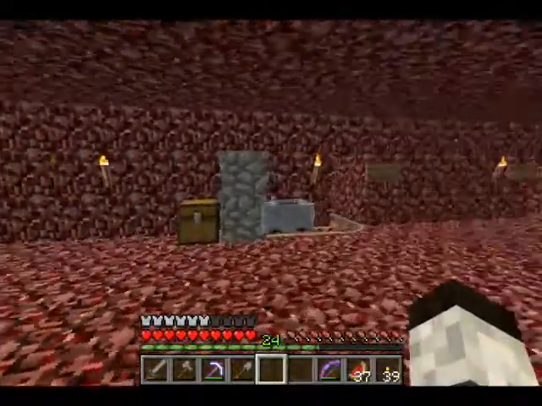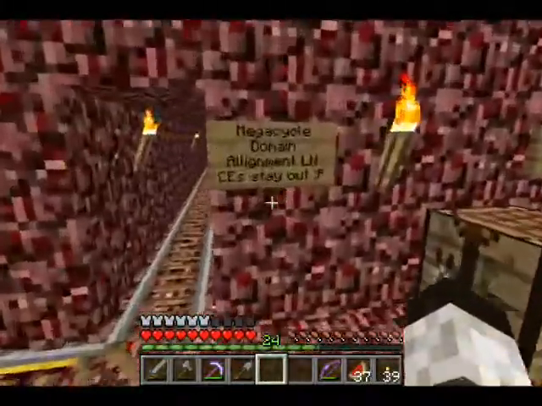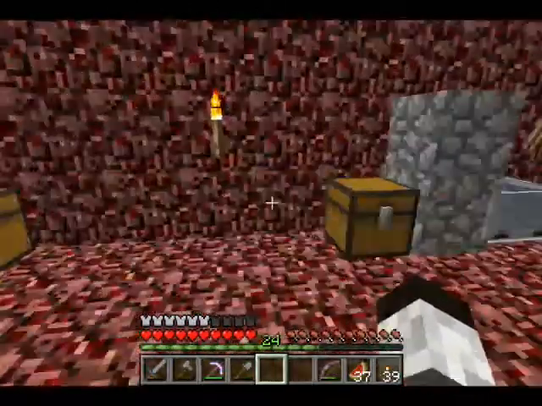Though I mentioned a lot has changed, not much has here in the Nether Nexus. I beefed up my sign here. Megacycle domain, alignment LN, CE stay out. Anyone who knows what that means, let me know. I thought it'd be funny. Anyway,